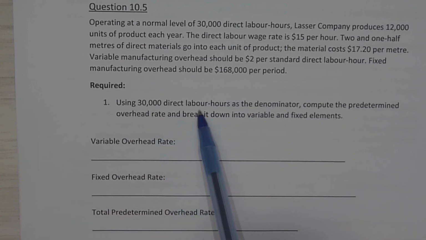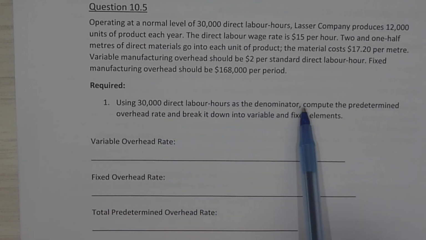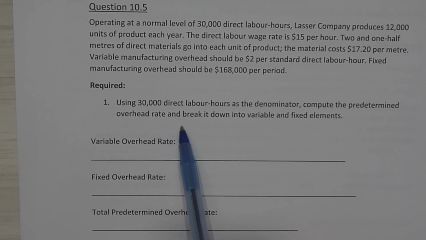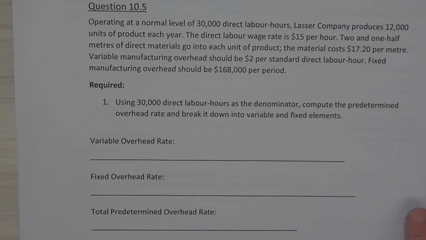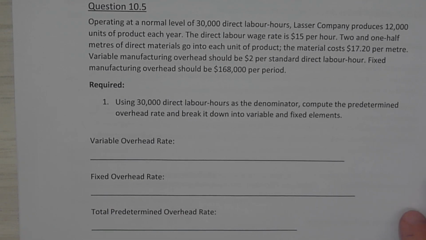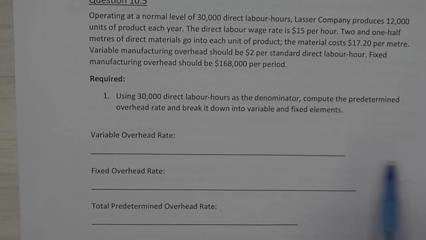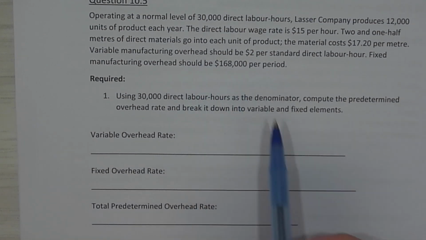Using 30,000 direct labor hours as the denominator, compute the predetermined overhead rate and break it down into variable and fixed elements. So the variable overhead rate has already been given to us. The variable manufacturing overhead should be $2